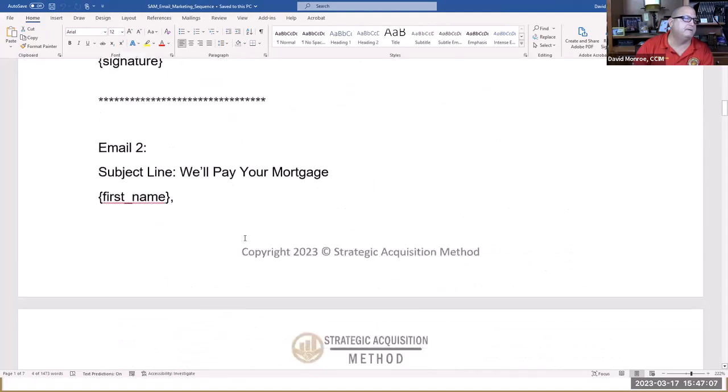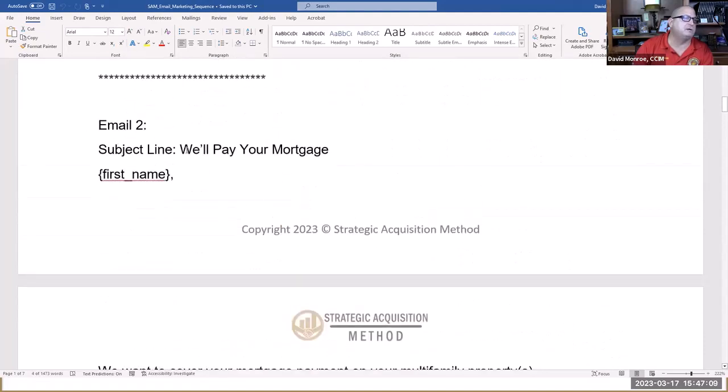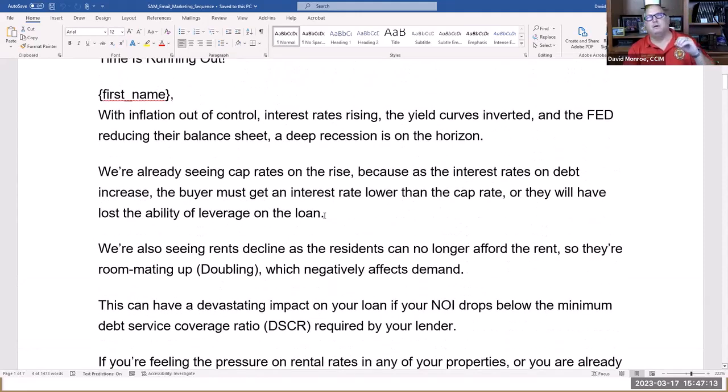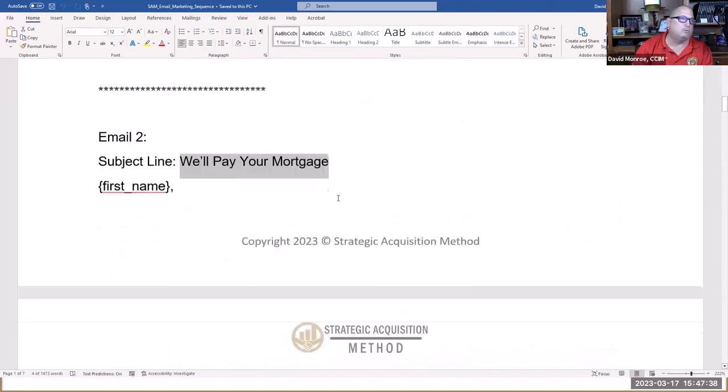Okay, so email 2. This is a week later now. This one goes out as soon as you've tried to make that phone call with the owner and didn't get the owner, then you left a voicemail. You sent them that initial email, and when you add the contact to the CRM, you trigger this first email. So this goes out that same day, and they get two emails that day. They get the one about your voicemail, and they get this one. All right, they get both. One week later,